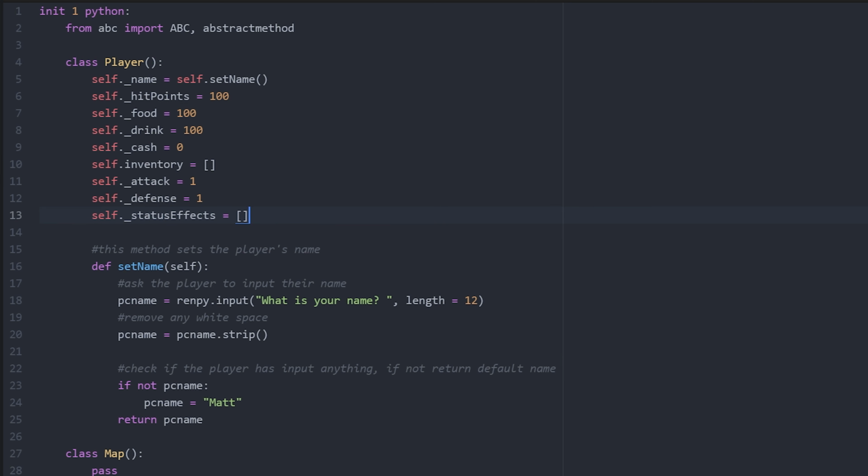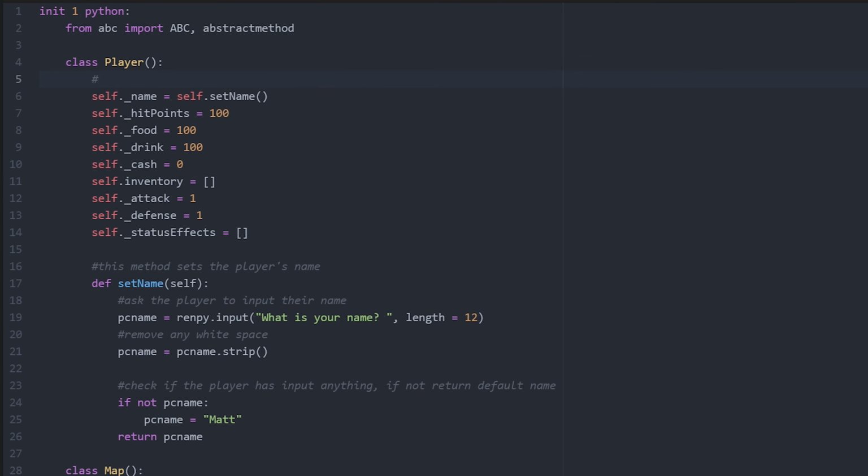Because again, we want to get out of the habit, which we've used in previous video series, of just manipulating these values directly. It is bad coding practice to do it that way, so we want to get out of the habit of it now. Okay, so we don't need to add comments for all of this stuff. We know what these are. We can just put a hash there and put